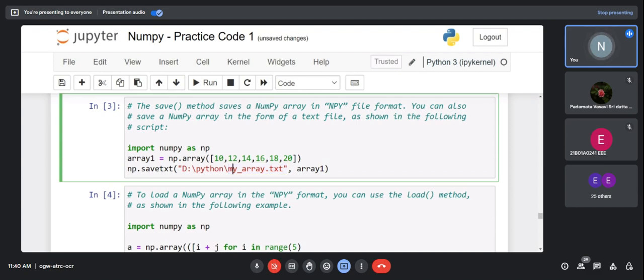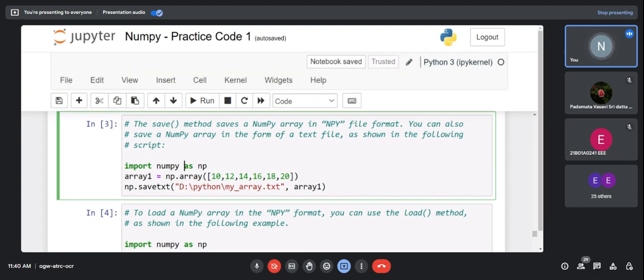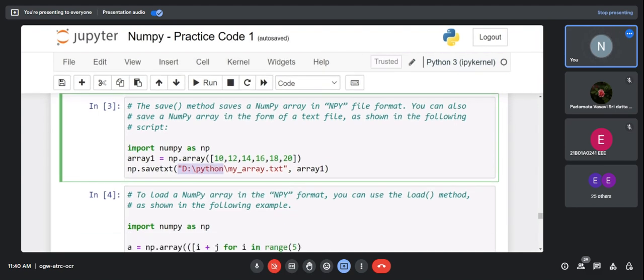Okay, so how are we going to write the code in my D drive, in my Python folder? I need to save it like this: my_array.txt file. Just name it in a text format, no? So you need to give a file name, my_array.txt. So this will be the file name by which you are going to save